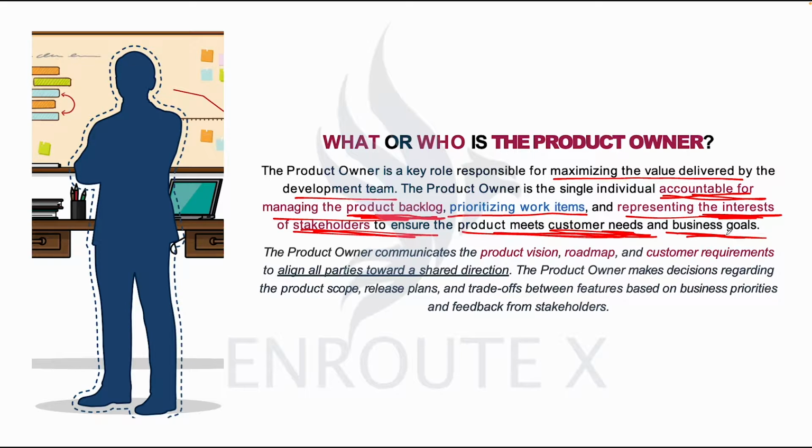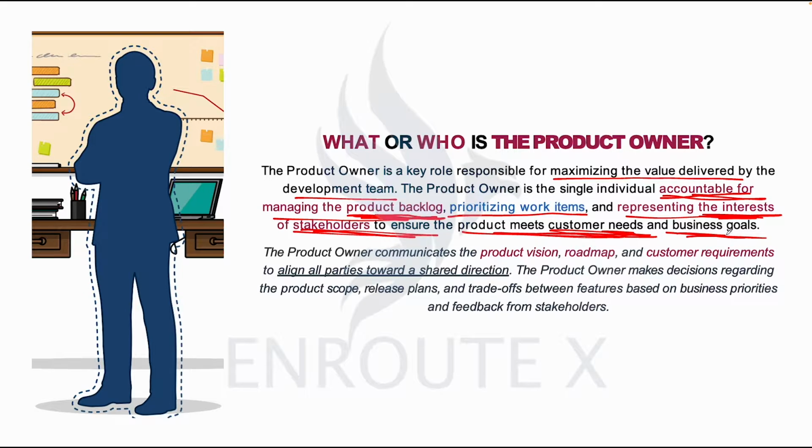In module 2, we covered the product backlog extensively. In the product owner training, we will still look at the composition of the product backlog as well. But let's note that the product owner owns the product backlog, he manages the product backlog, also he prioritizes work